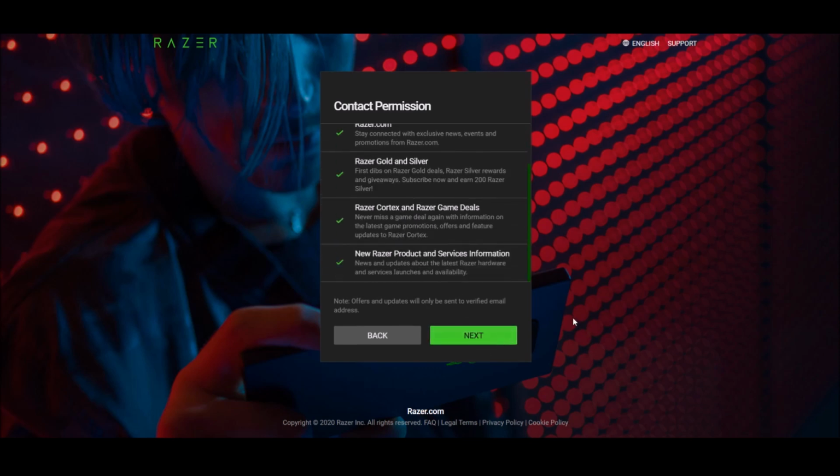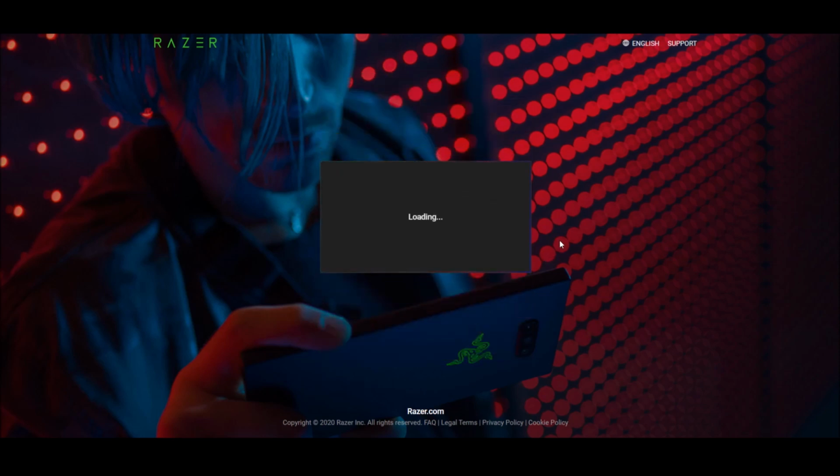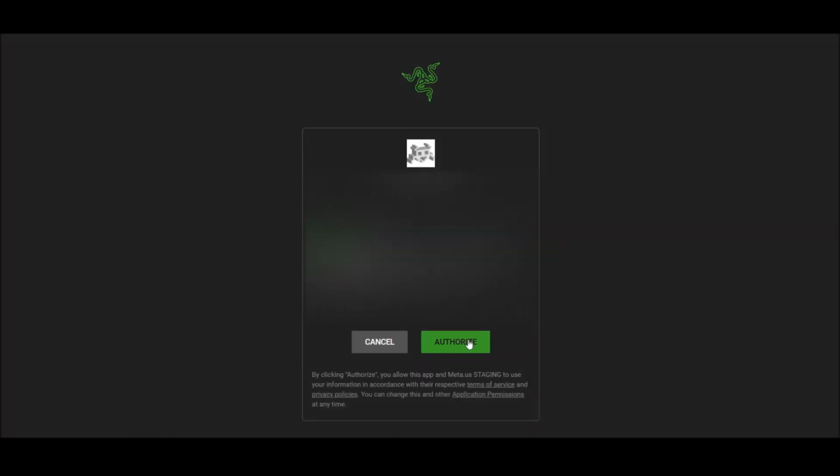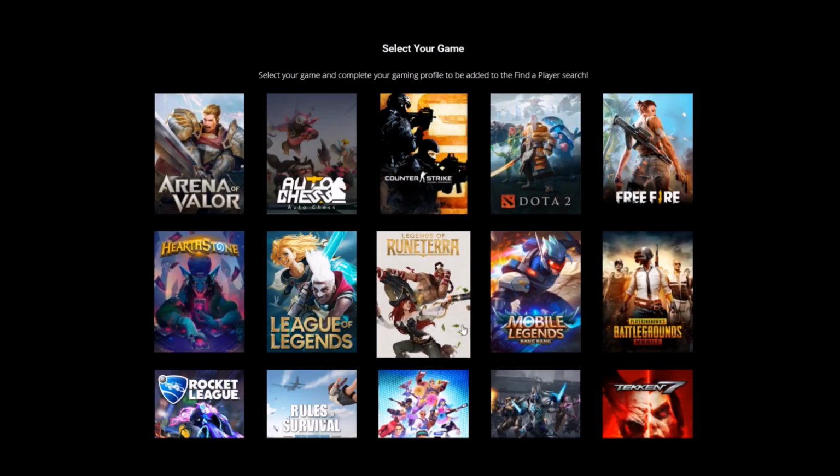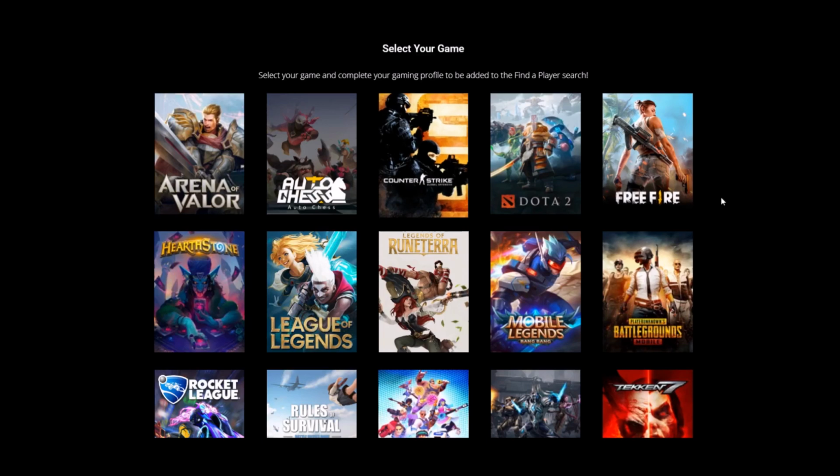Accept all. Then authorize. So once you're authorized, your Meta account will be created, and all you have to do is create a Meta